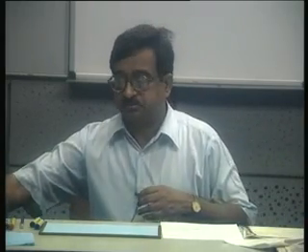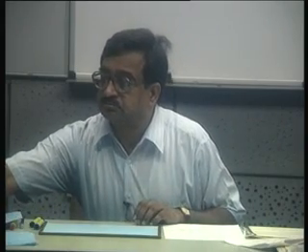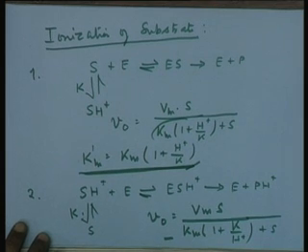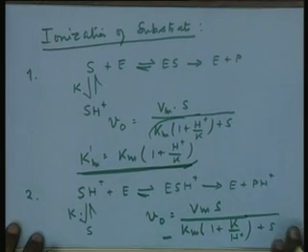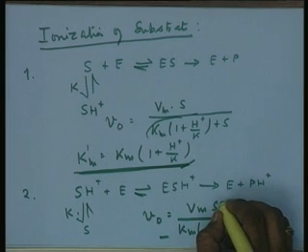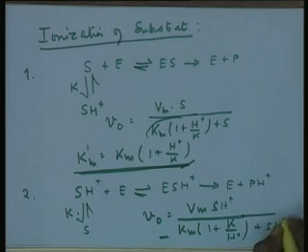So the second expression that we have derived, would S be replaced by SH positive? Which one? You are saying V0 is equal to Vm S upon Km plus 1 upon K plus H? No, essentially in this case, yes, you are right, we should consider S as SH positive, because that is the form of substrate concentration which is essentially the total substrate concentration for all practical purposes. You are right.